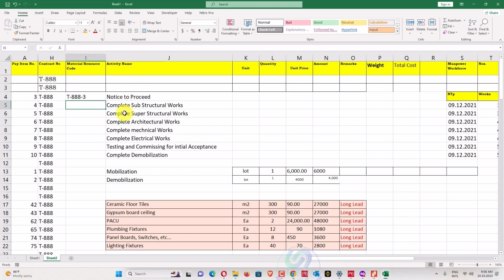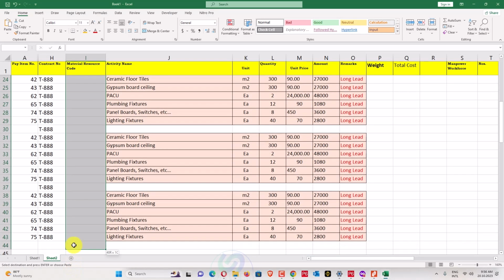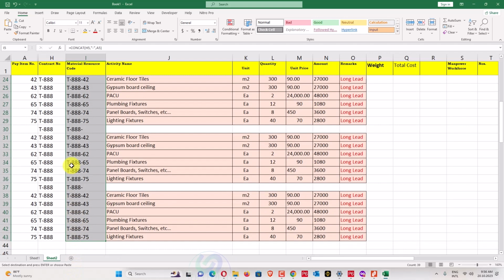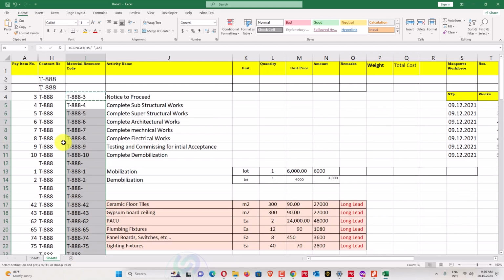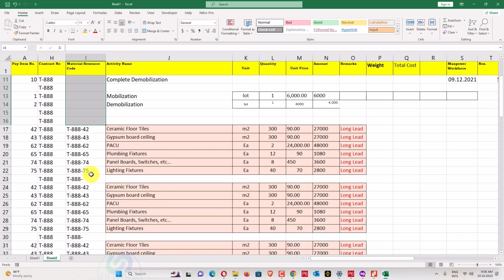Now we have T-888 and this one. So only for the item which have to be paid, we will write that one. Okay, so this item will not be paid. This item will not be paid.